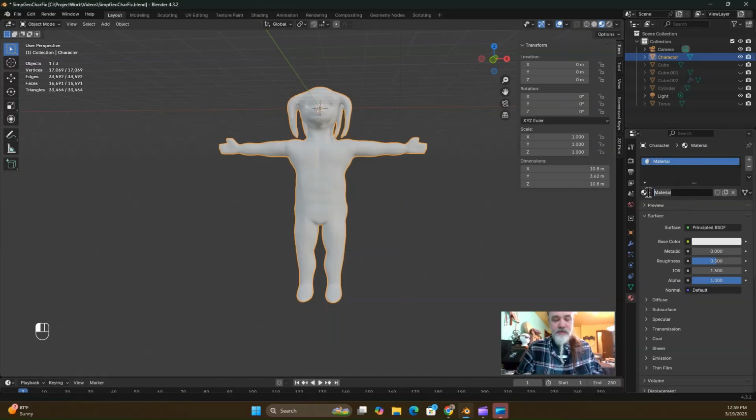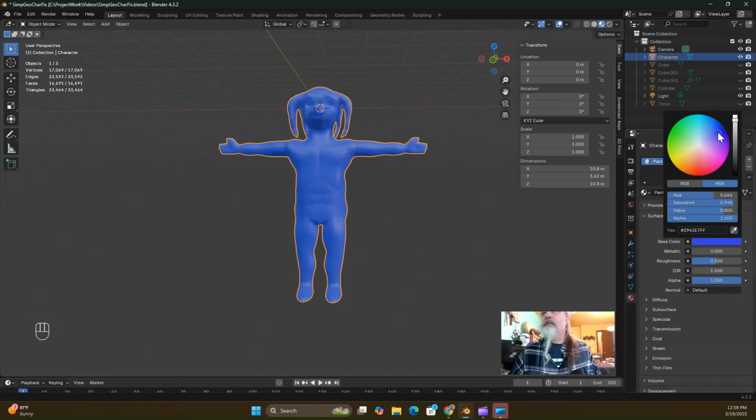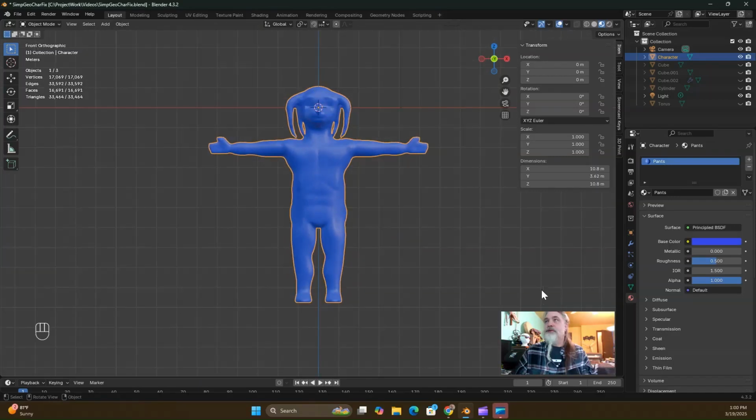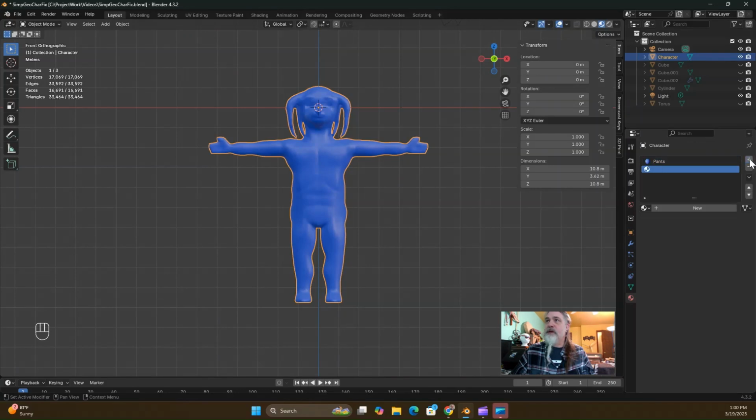I'm going to give this material a name. I'm just going to call it Pants, and I'm going to give it a base color, and we'll just go with blue. Now here's the problem. He's entirely blue. So what we'll do is right here on the plus sign, we will click and create additional